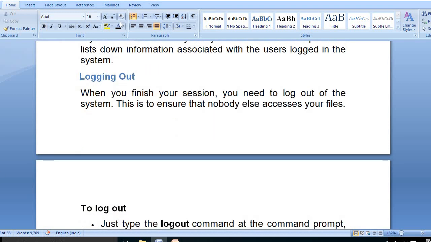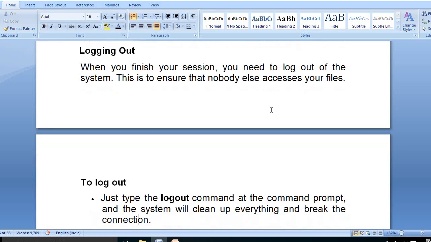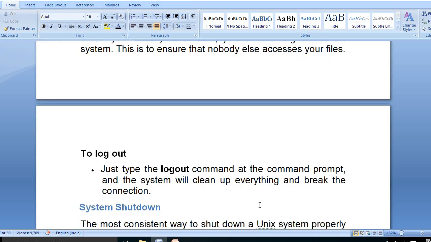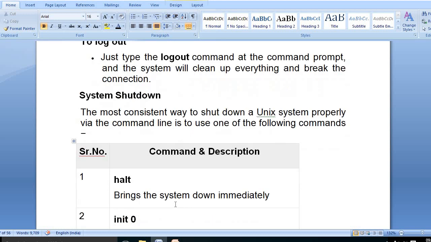Now logging out: if we want to log out from the system, then we use the logout command. When we finish our work, we just type the logout command at the command prompt, and then we automatically log out from the system. And if we want to shut down the system, the Unix or Linux environment, then